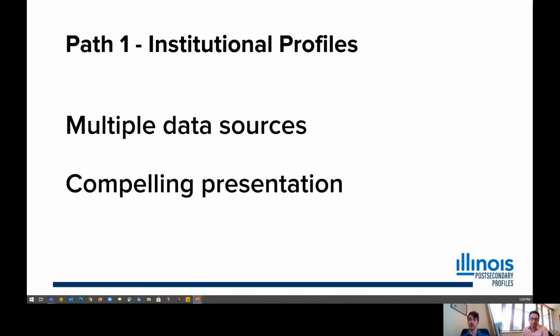And then, the Illinois Postsecondary Profiles itself, it's being developed by the Illinois Interactive Report Cards team at NIU, which also develops and maintains the Illinois Report Card for K-12. So the profiles is really meant to serve as essentially an analog to the report card, but for higher ed. And so the interactive report cards team is able to translate a lot of its experience with the K-12 report card to the profiles site, and able to take those experiences and how data are presented there to create a very compelling presentation of data for the profiles. So it's already, with this first launch, in a great place, and over time that presentation will continue to improve.